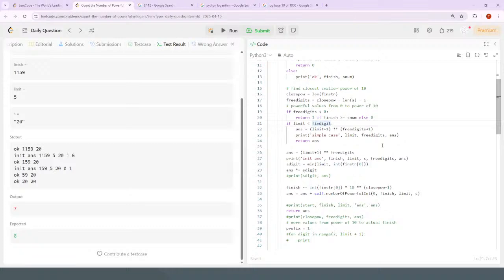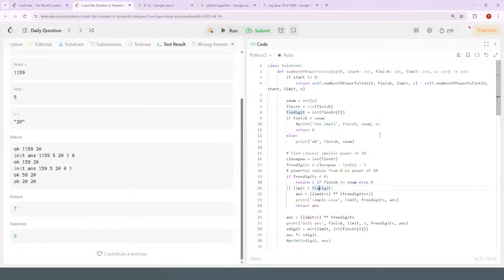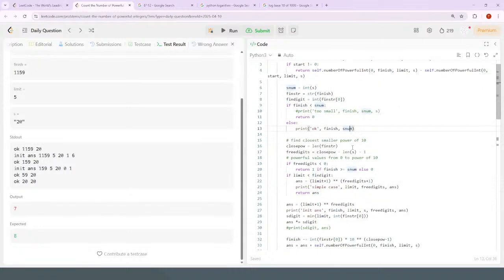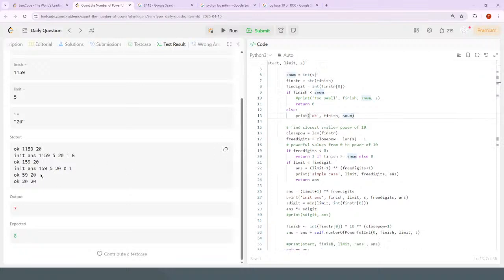Alright, what is going on here? So 59, 20, 20. 59 is your finish. When it calls 59 as your finish, and 20 as your